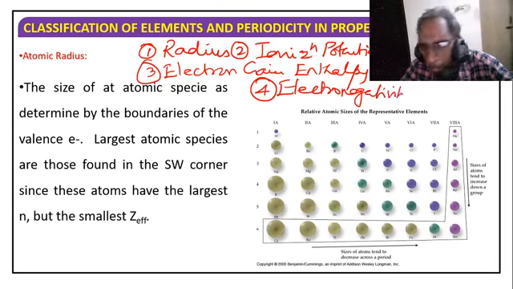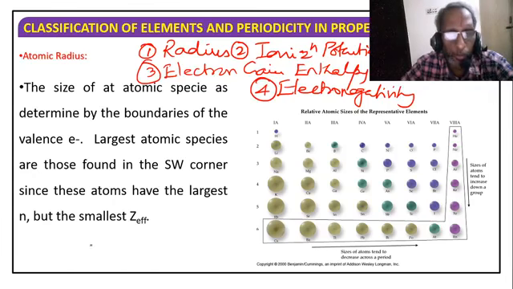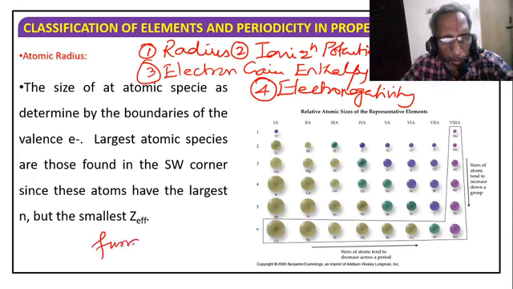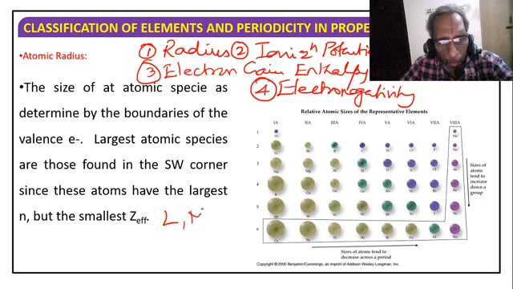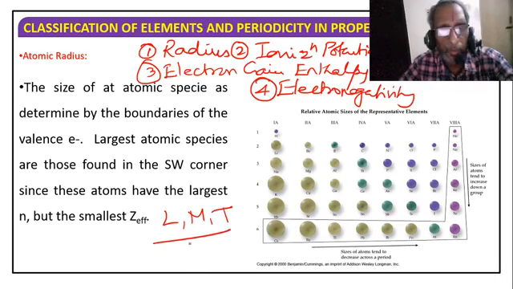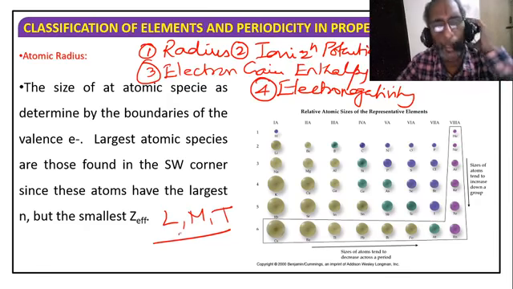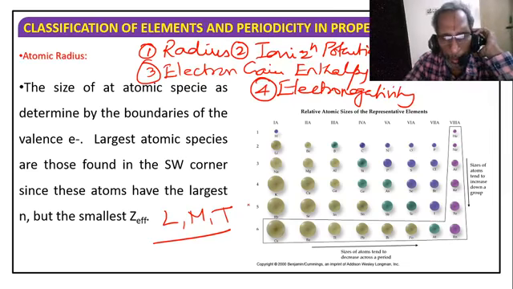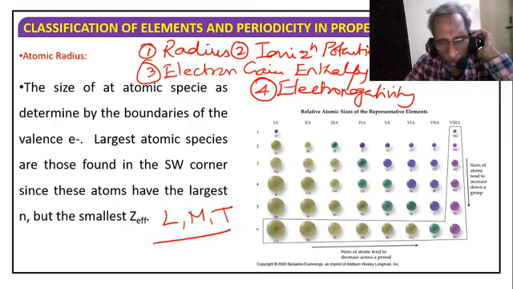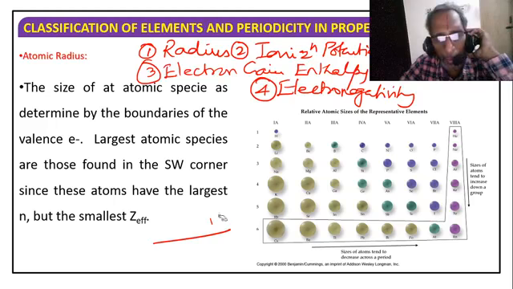Electronegativity. In physics, you might have studied two types of units: fundamental units and derived units. Fundamental dimensions and derived dimensions: length, mass, time. These are fundamental. All others, velocity, momentum, acceleration, energy, work, power, surface tension, viscosity, everything is a derived unit. All other units are dependent upon the fundamental units.